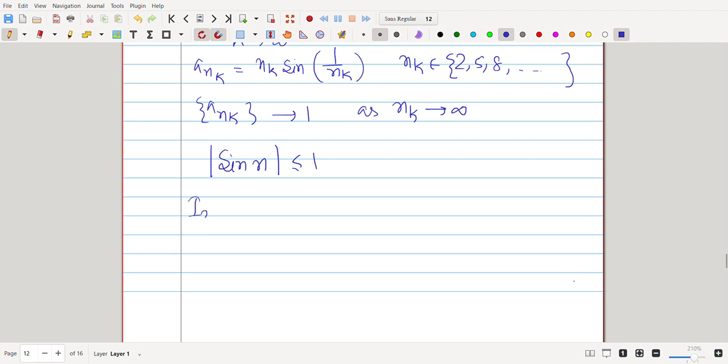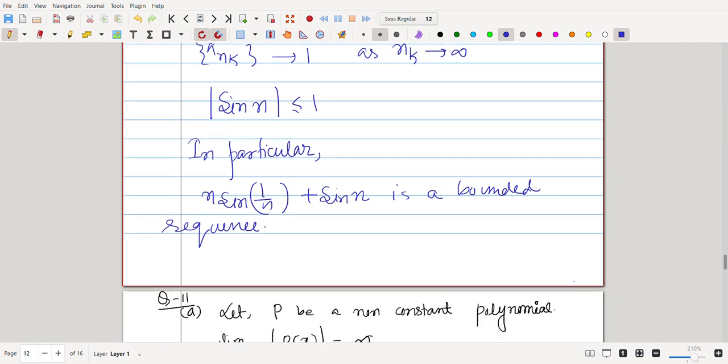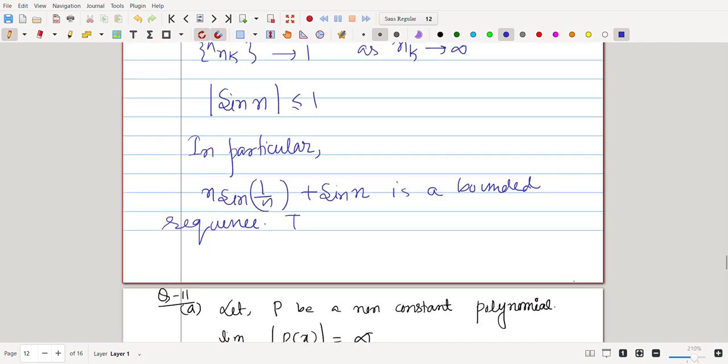So in particular, this is a bounded sequence, right? Then by the Bolzano-Weierstrass theorem,